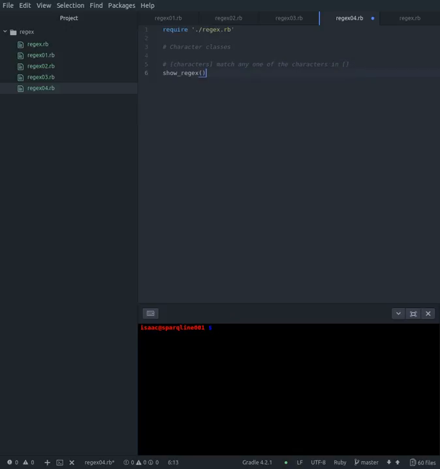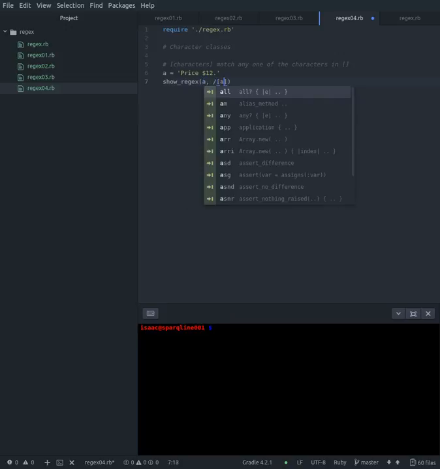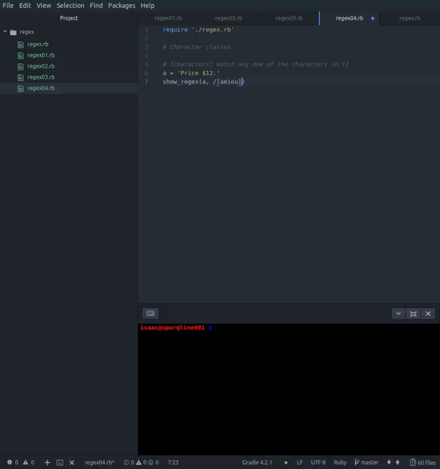So let's say we have a string A equal to "price is $12." Okay. So let's say we want to find all the vowels in that. We can do that pretty easily by defining the class we're looking for to be in square brackets a-e-i-o-u, right? That's all the different vowels. Now if we were looking for that, we could also find